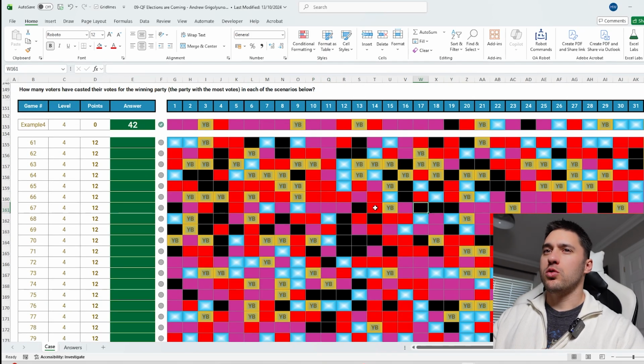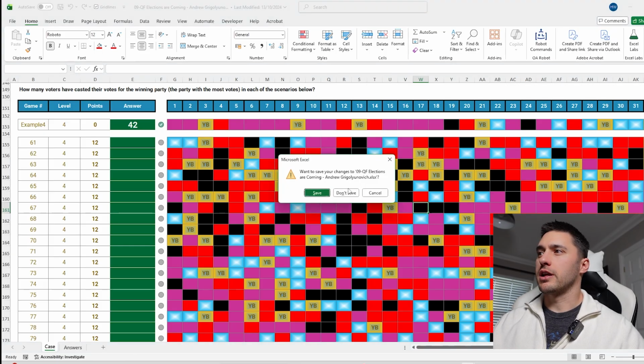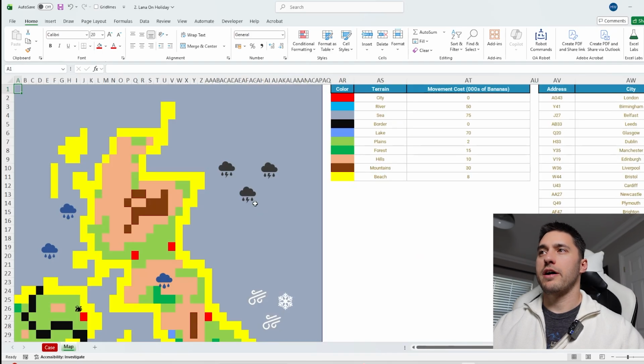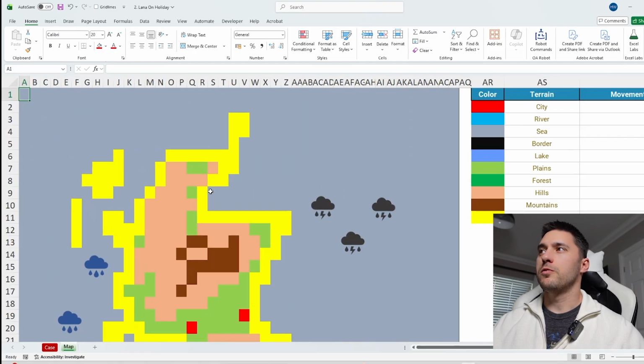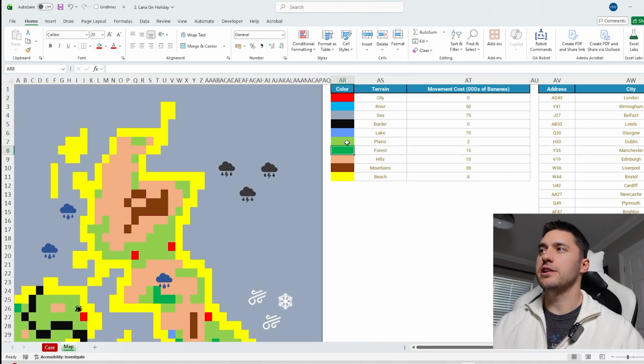So now let's get a little bit more advanced and talk about a VBA approach to do this. And the reason you would want something like that is where you have a lot more colours. So there's an example here where we have a map of the United Kingdom. I'll just zoom out a bit so you can see it. And we had all various types of terrain. So these ones. Now it's a little bit tedious to go through and find and replace for each of these